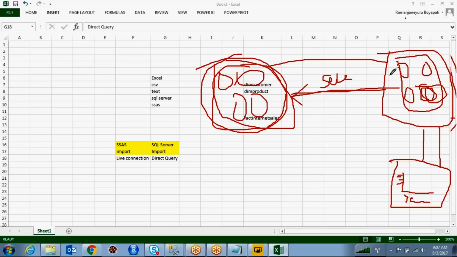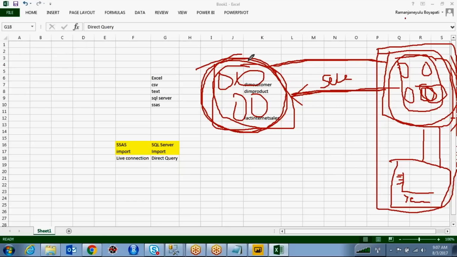But whatever queries and measures you are writing here are DAX. The Power BI data model will convert that DAX query into SQL, because we are writing everything in DAX inside Power BI, but SQL Server doesn't understand DAX, right?